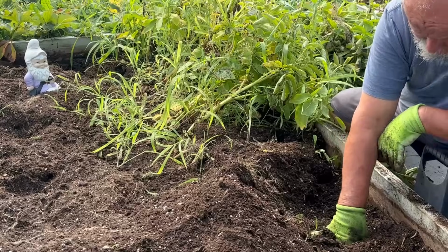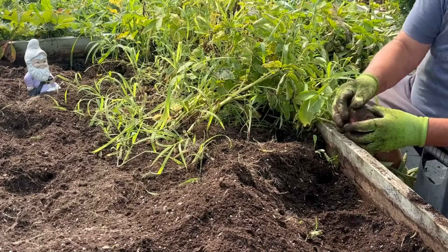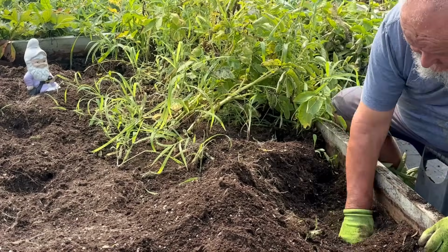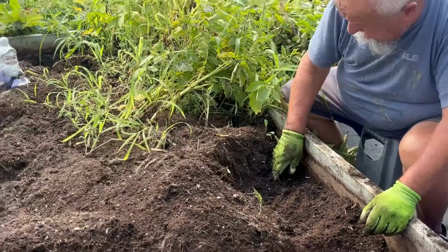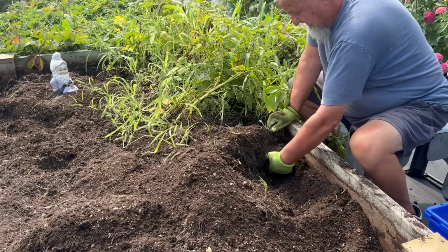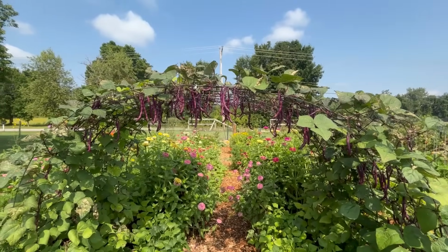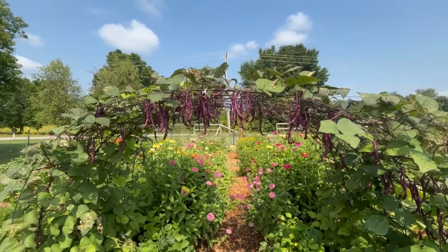Go deeper. There's another big one. Oh my gosh. I didn't think red potatoes got that big. Definitely a potato salad in the future here somewhere. Two little guys. While Frank finishes up with the potatoes, I'm going to start picking all these purple